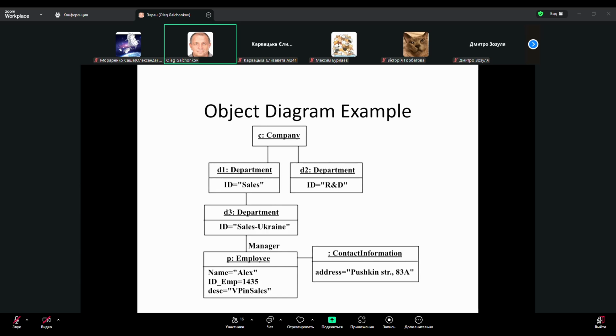Another example of an object diagram. At the top we can see an object with the name C from the class Company, and it is connected with the objects D1 and D2 from the class Department. D1 is connected with the object D3 from the same class Department, and the object D3 is connected, as the manager, with the object named P from the class Employee,